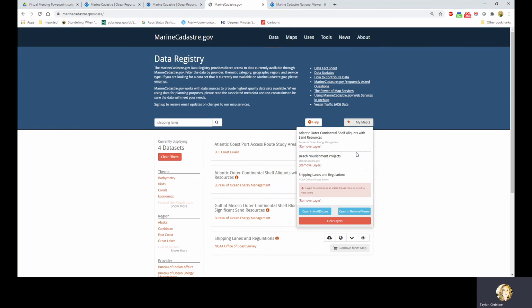Users have the ability to open either a session in ArcGIS.com or within the Marine Cadastre National Viewer. We're going to use the viewer for this demonstration.